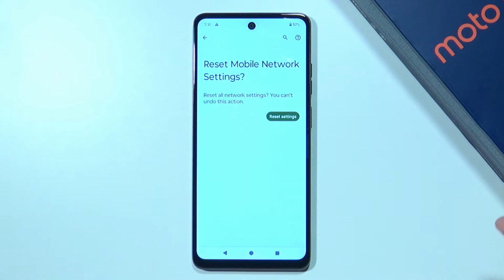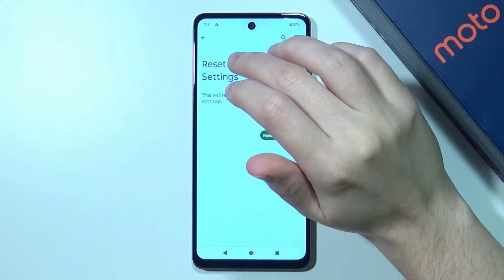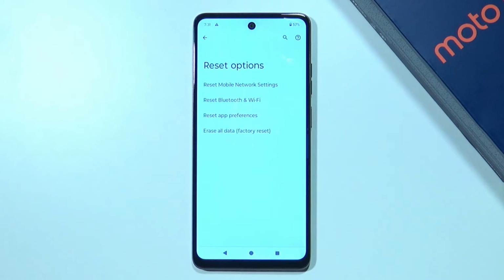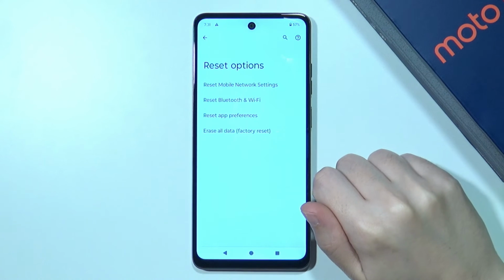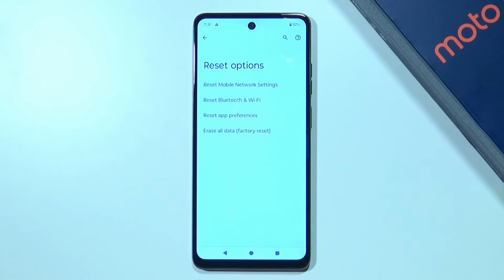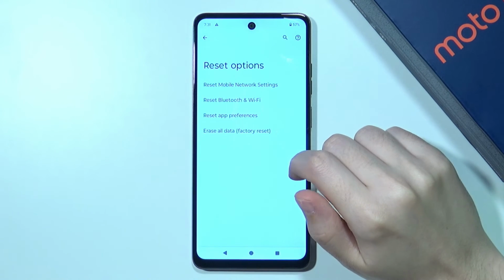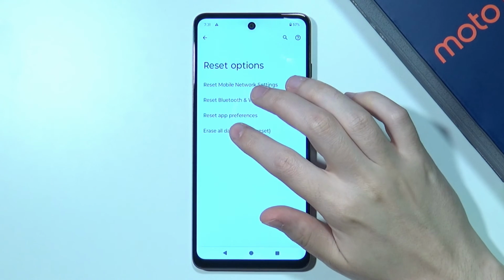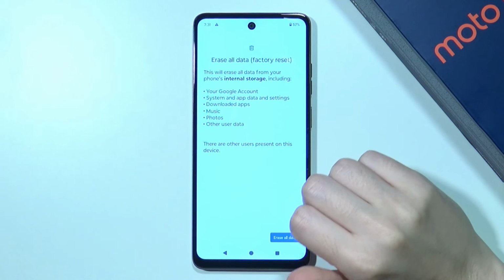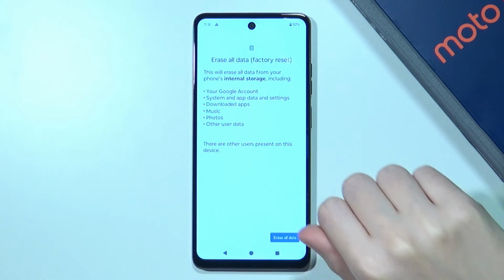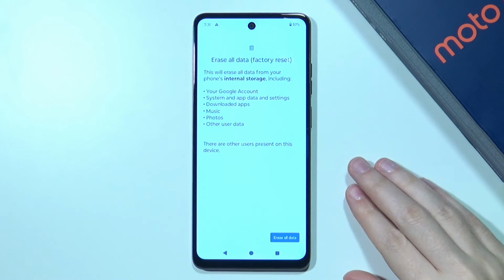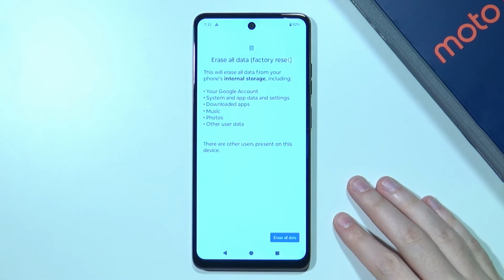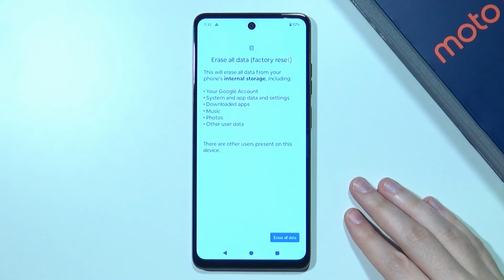If that doesn't work, there is one more thing that you can do. However, you should do this as a last step, obviously, because I'm talking about the factory reset. So we can erase all data in order to perform the full reset of our smartphone. However, keep in mind that everything will be deleted from your smartphone, so if you have something important on your device, then make sure to make a backup before you do that. And like I said, this is the thing that you should do as the last step. If nothing else works, try to